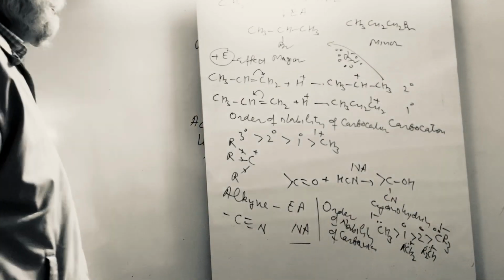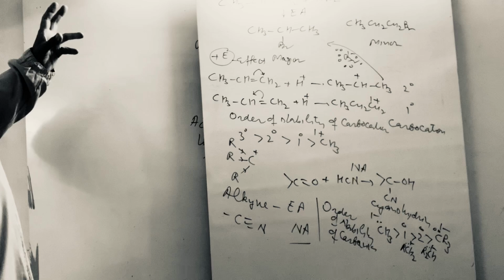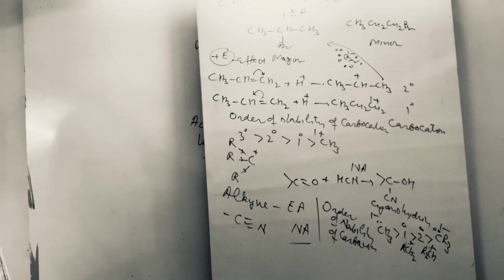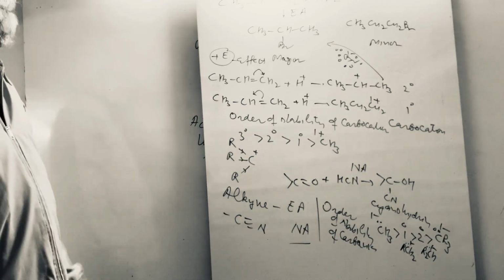Hello students, last time we were talking about certain effects in organic chemistry: inductive effect, electromeric effect, and resonance or mesomeric effect. In inductive effect we have seen that it is a permanent effect, and electromeric effect was found to be a temporary one. For example, here in the case of